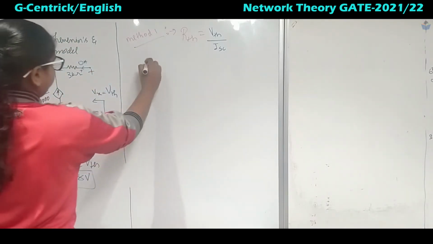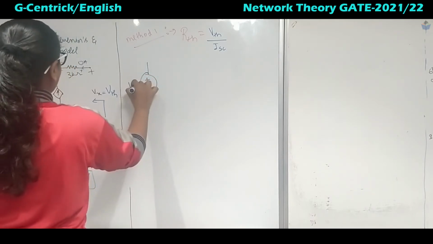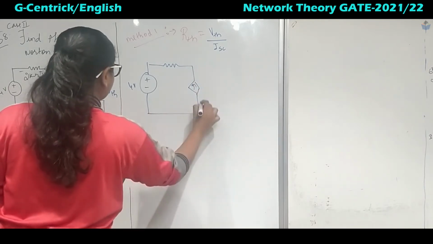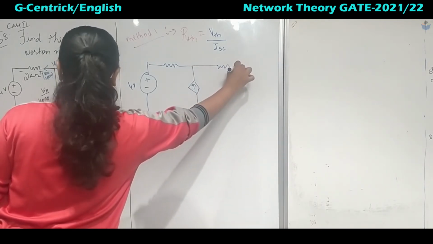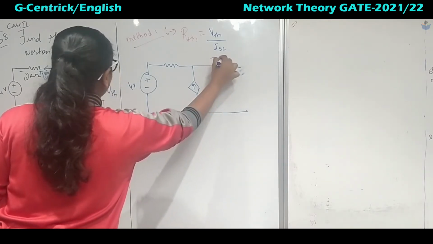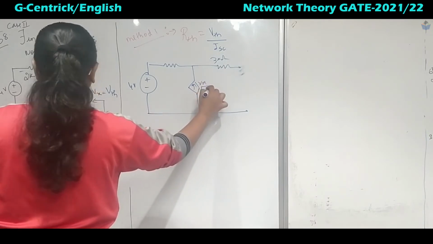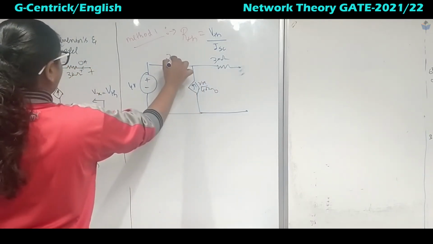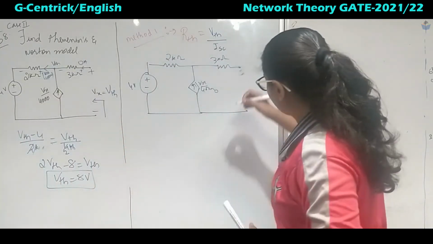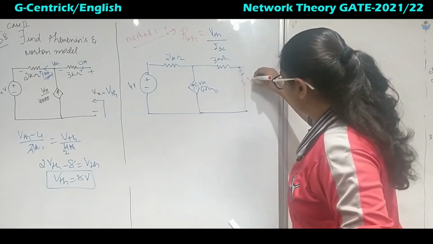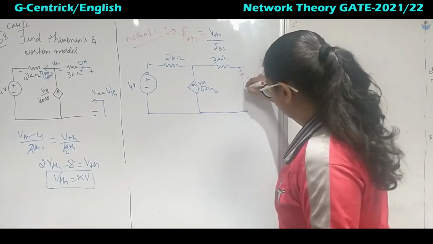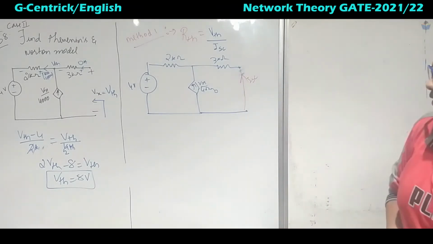So if I take this circuit and redraw it, here it is 4 volt and here I have 3K, this is open. So what is this one? 3 kilo ohm. So this is Vx by 4000 and here I have 2 kilo ohms. Okay, so now I have to find ISC. So to find ISC, I have to short circuit. This is ISC. You can take it in the opposite direction also. This current will be flowing through the circuit.